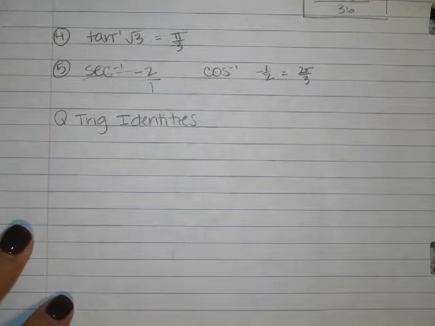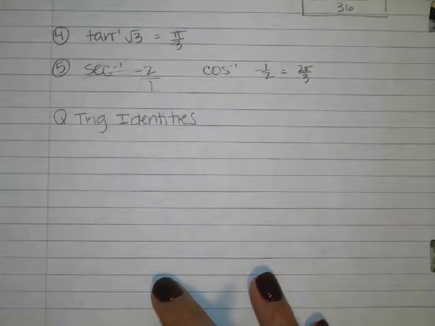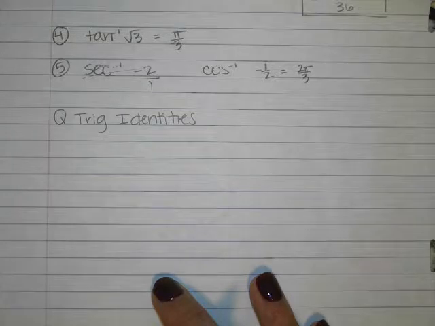All right, section Q is on trig identities. I would say that trig identities do not show up a ton in calculus. You definitely do them in more depth in pre-calculus, but they still do show up a little bit. Okay, so